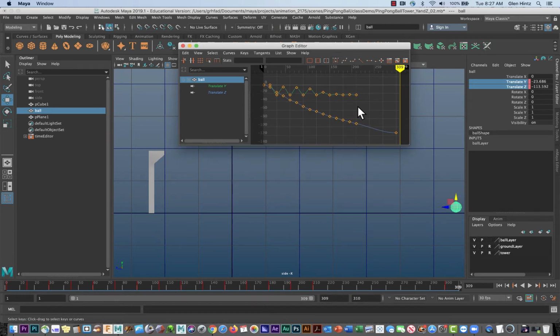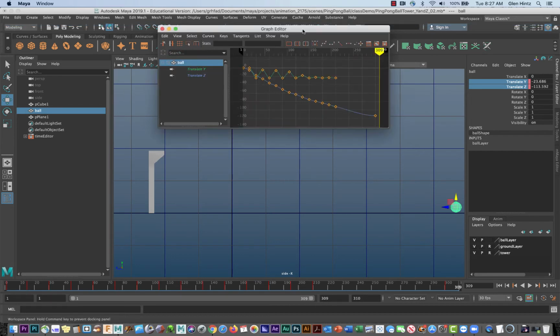And if you watch the animation, you can see we're going to have this ball that's kind of floating down to the conclusion of its path there. So what we want to do is try to improve that. We need to make it bounce more. So we need to adjust these